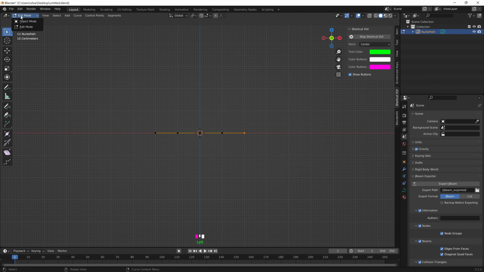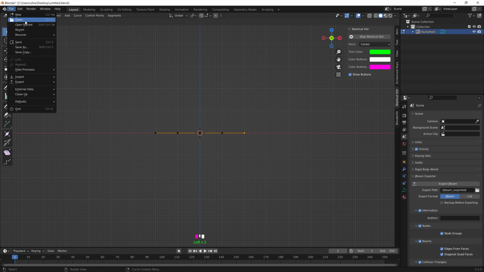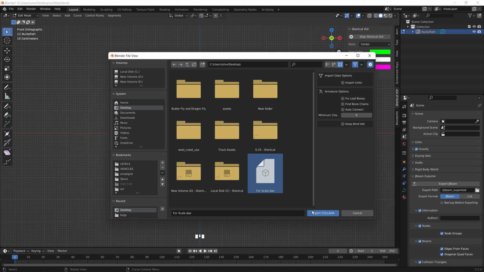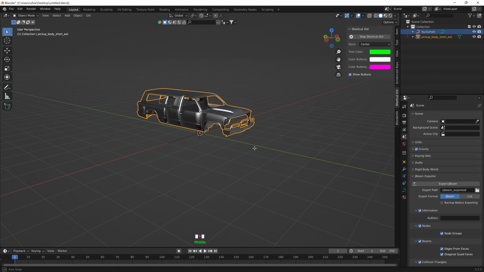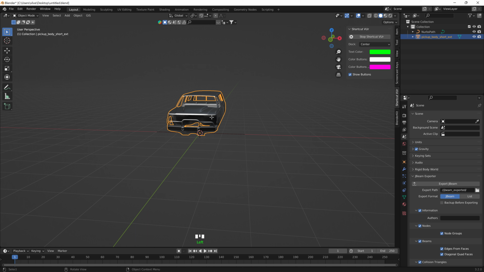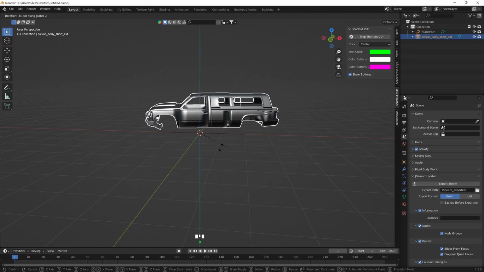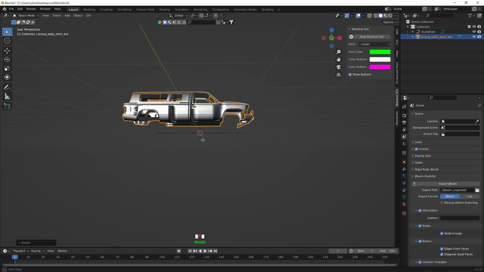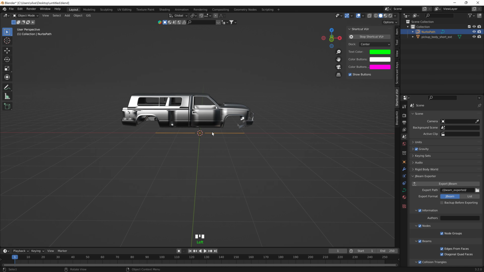Oh yeah. Also, you probably want to import in something, unless you're using a ruler, which I'm not. I like to see how things look. So I'll import in something like this, so I know the size of the scale that I'm working with. It's just one of the car shells from the game. And so yeah, this is where